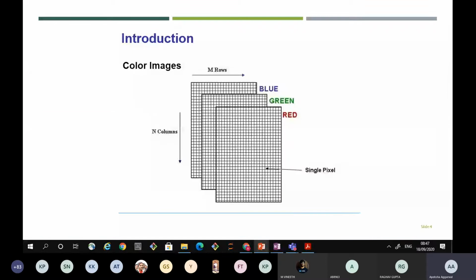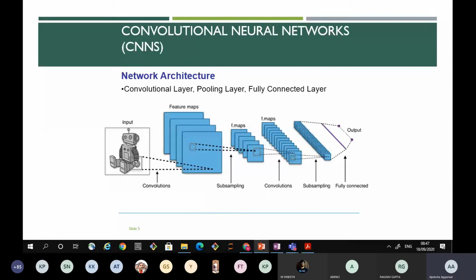So we know that each and every image in our computer system is stored in the form of arrays of three channels, that is blue, green, and red. And each and every pixel is represented by three values, blue, green, and red. We know this part. Now let's start with convolutional neural networks. First of all, to do a convolution, we have to understand what a convolution operation is, what the need of doing that operation is, and why we call this neural network a convolution neural network.